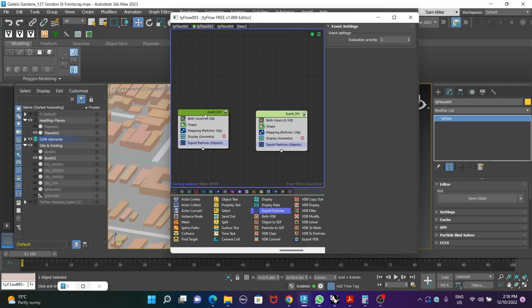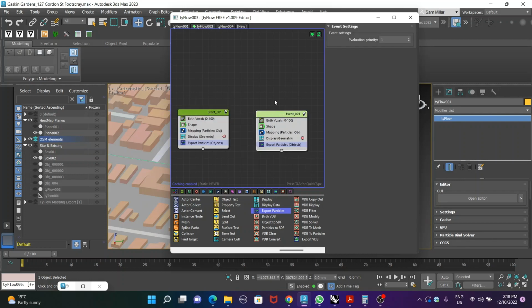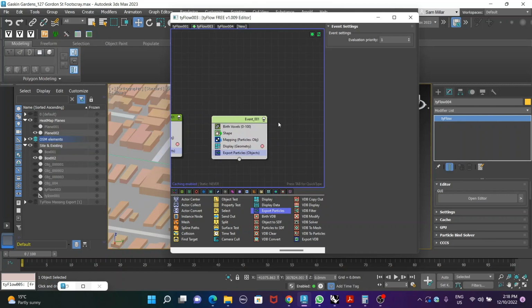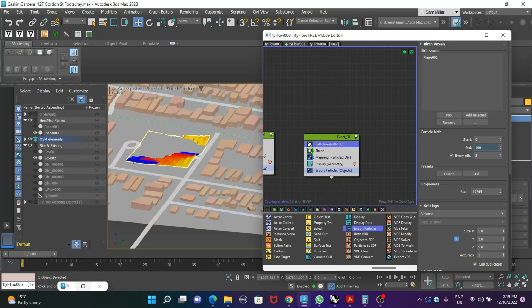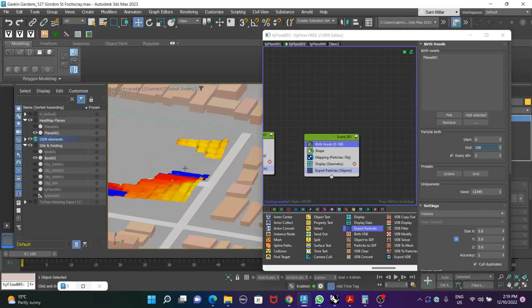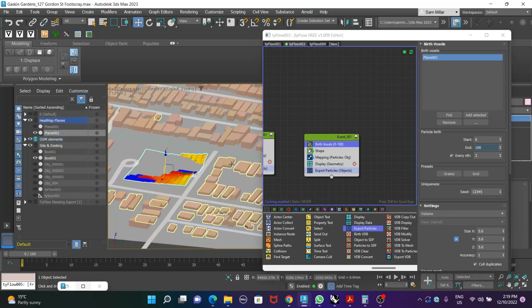Best if you do it with the right clicking, as Control-C, Control-V is not necessarily working. And then what you want to do is you basically want to reference in the plane that we created with the bitmap mesh. So we'll go select that, go add selected, and use plane 2, so we can remove plane 1. We then,